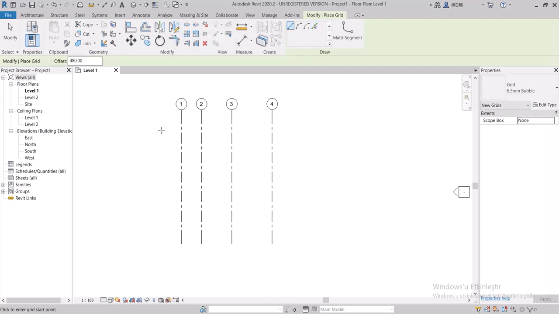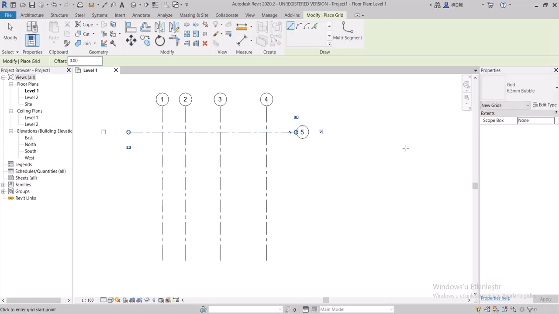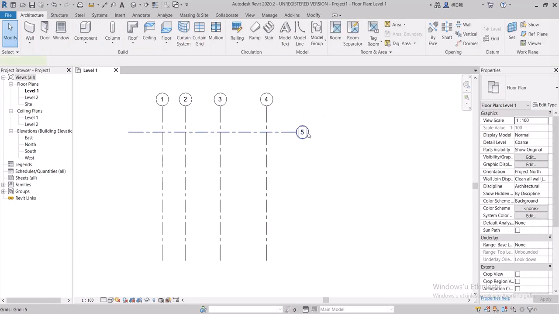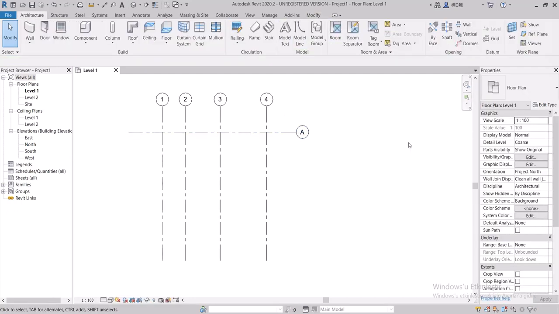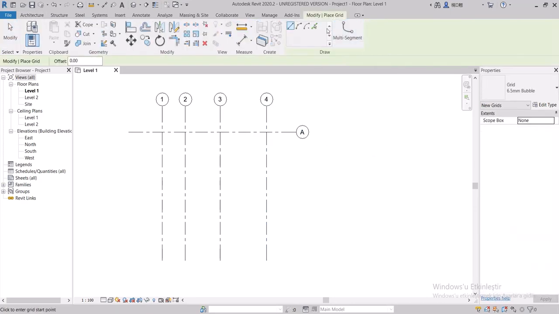Create our first original axis with the Grid command again and change the axis name. Similarly, create our horizontal axis.